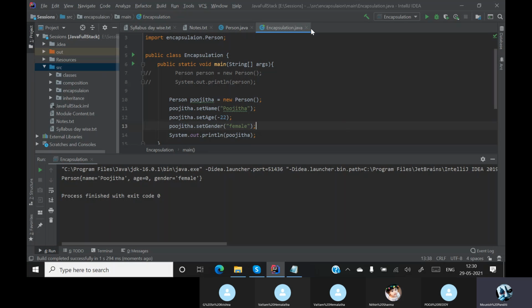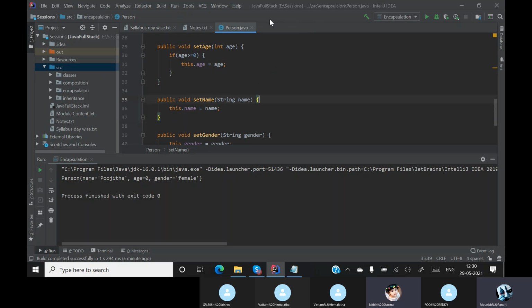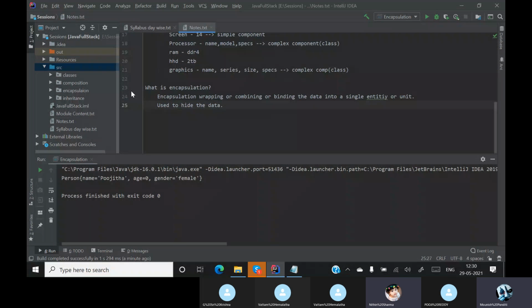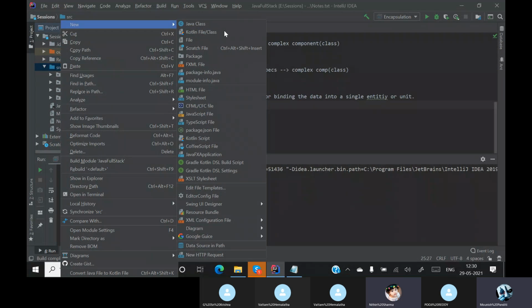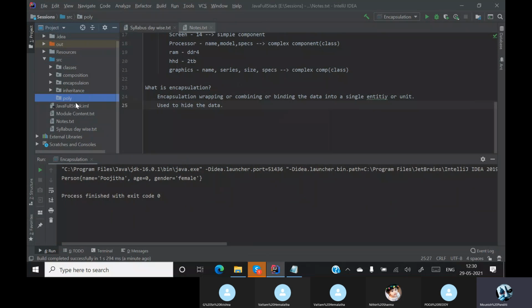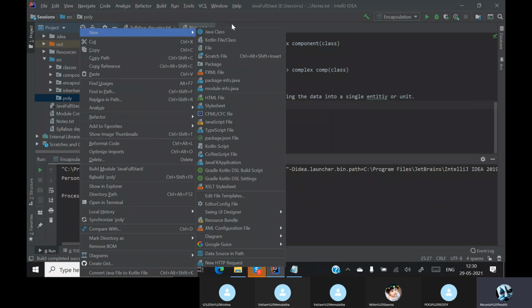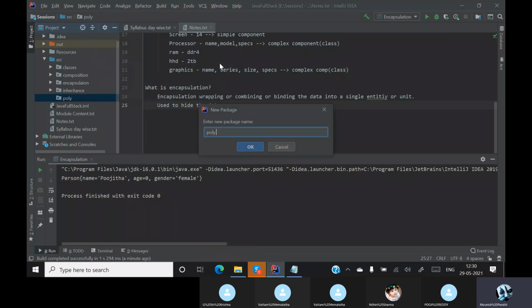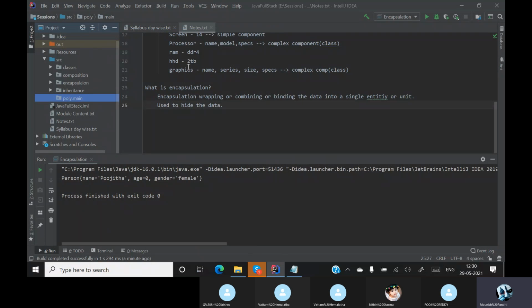Okay, now we'll go to our last topic, that will be our polymorphism. So I'll create a package called poly. I'll have another package that will be my main package.